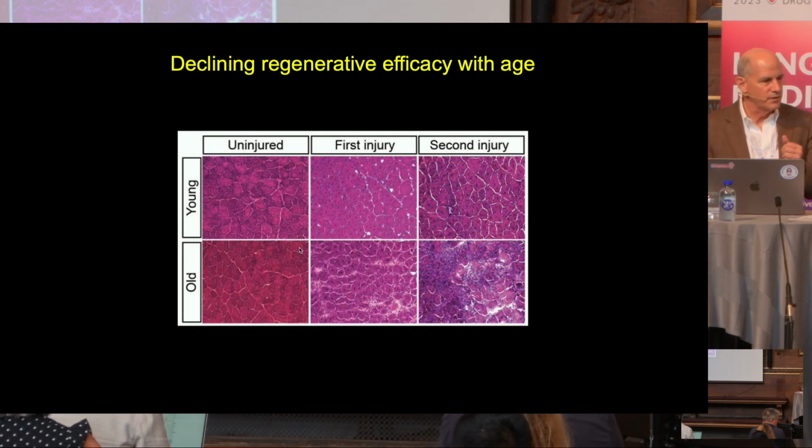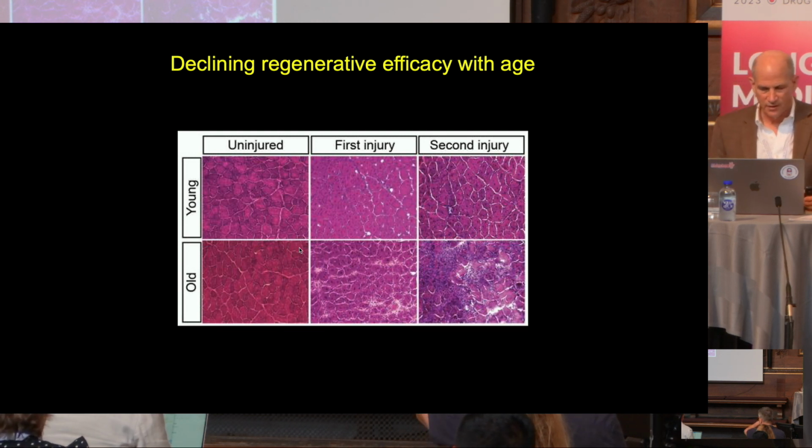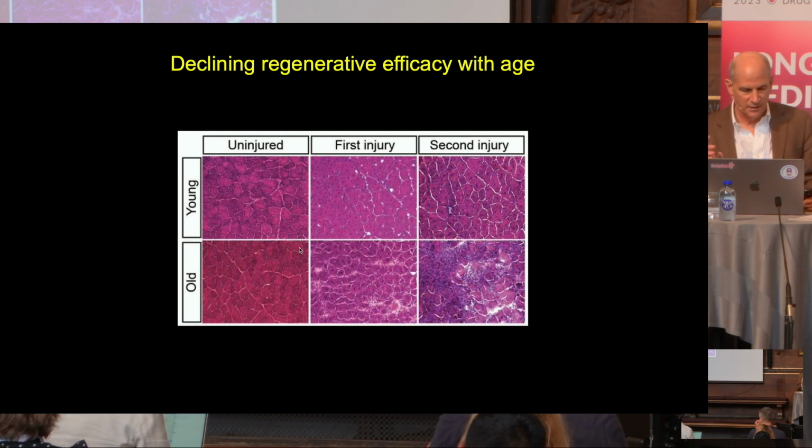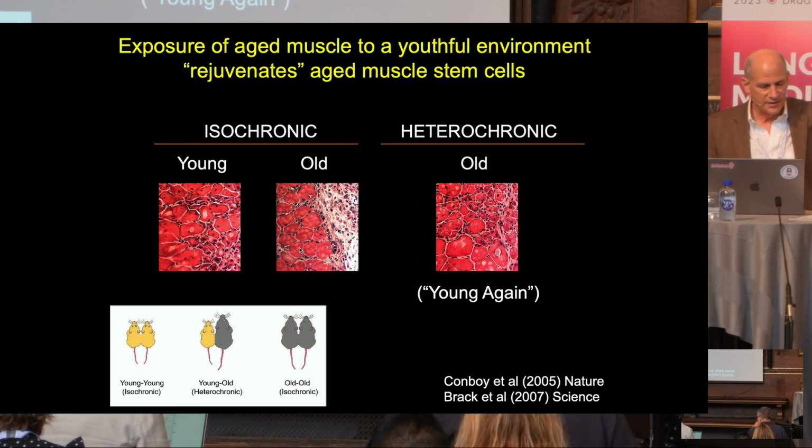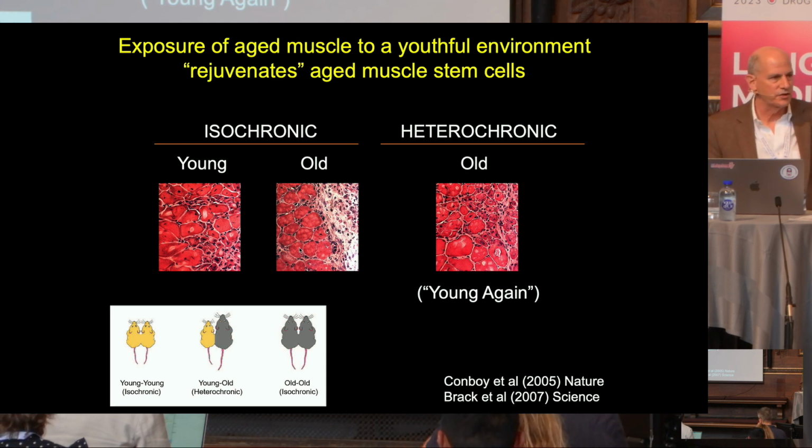So there's a real remarkable decline in regenerative potential with time, and we and others have studied changes that occur in the stem cell that are responsible, at least in part, for this declining regenerative potential. This is a slide I showed yesterday, but it's the only one you'll see from yesterday. We got into this field by asking the question, is there anything we can do about it? Is there anything that we can do to enhance the regeneration of an old tissue to make it repair more